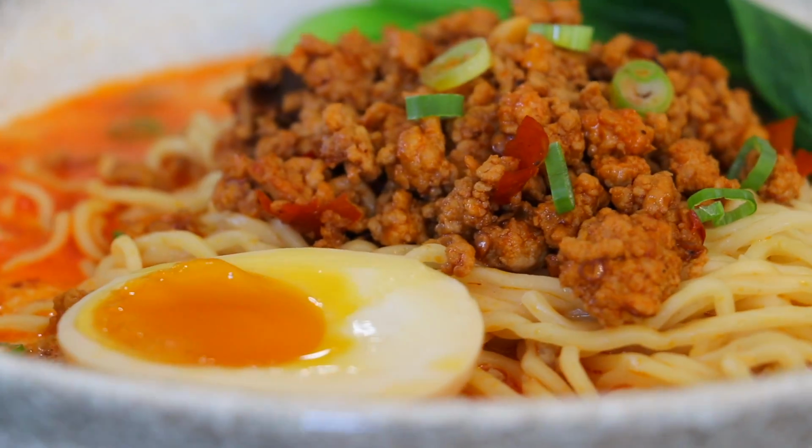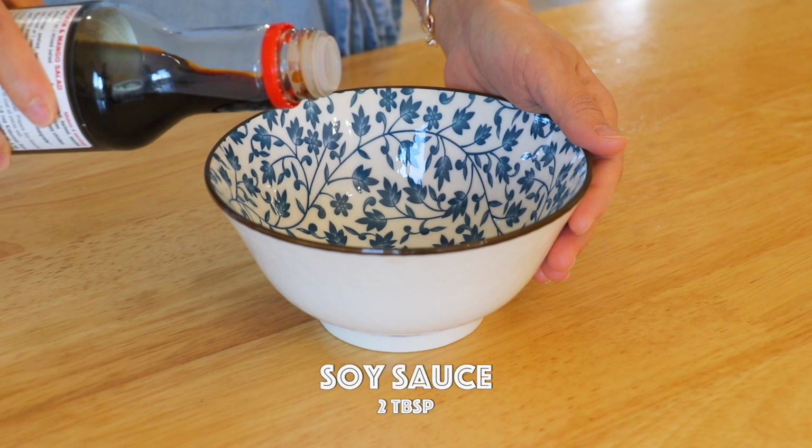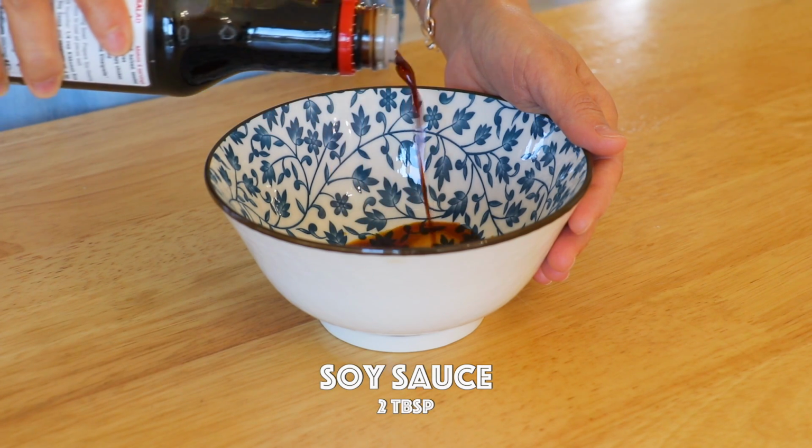Today we're going to make Tantanmen Ramen. That's Japanese take on Sichuan Dan Dan Mian. The ramen is cooked until al dente and is served with a spicy, creamy, and nutty soup base. It's super delicious. To make the sauce, in a bowl add the soy sauce,